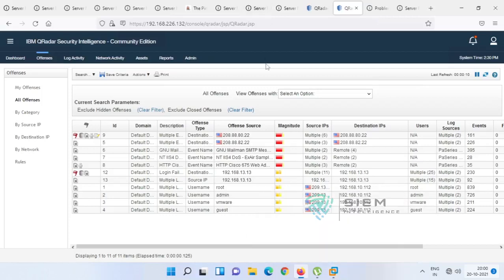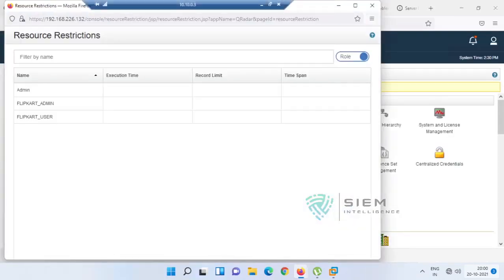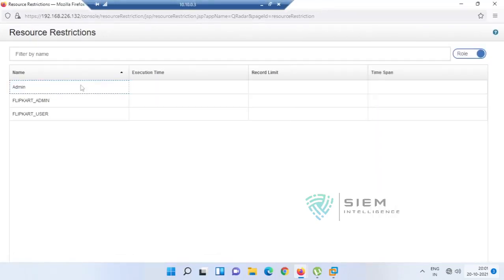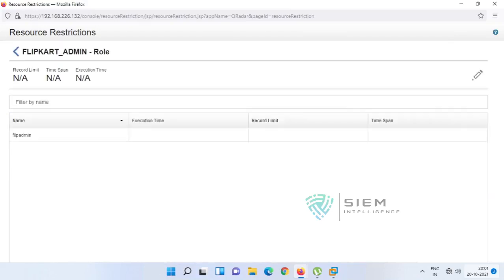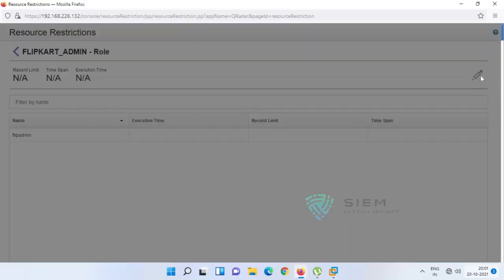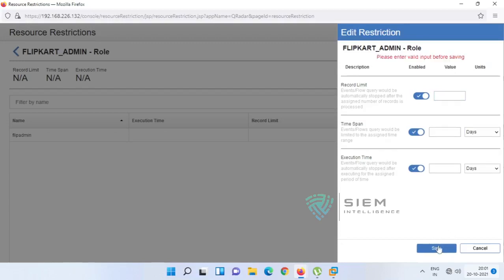So this is how generic and standard settings work, and at the same time we'll go and see the restrictions. By default, admin doesn't have any restriction, but you can restrict and modify. For record limit, you can set how many records you want to keep; for time span and execution time, you can set values in days, minutes and so on.